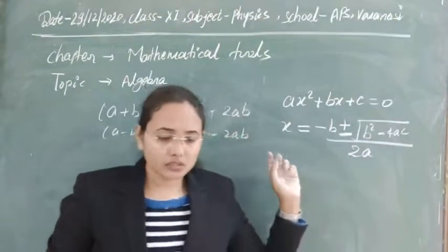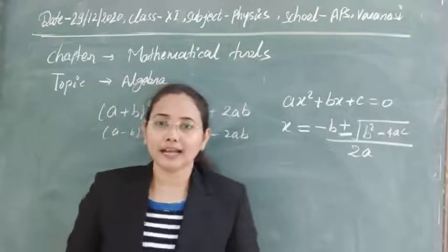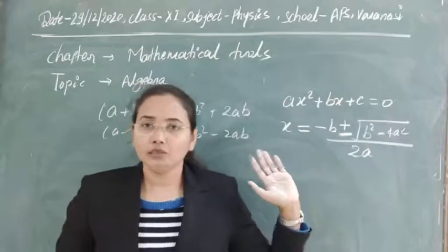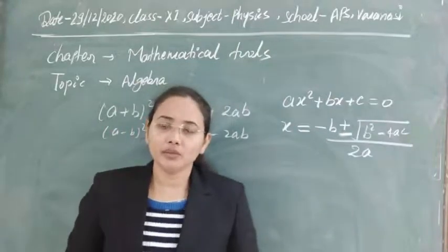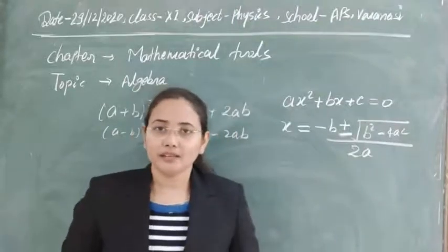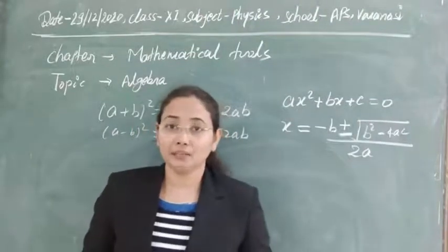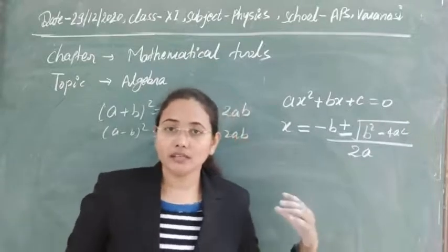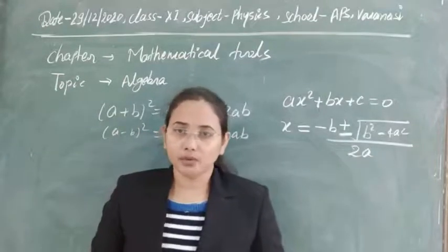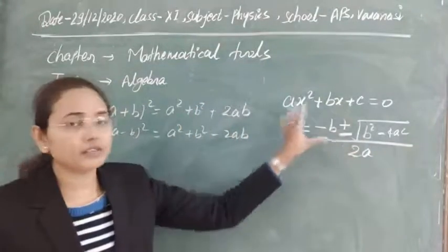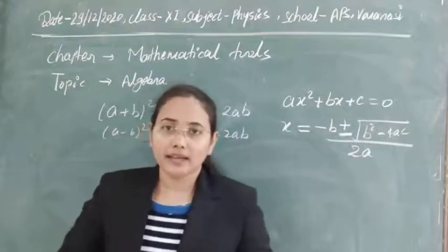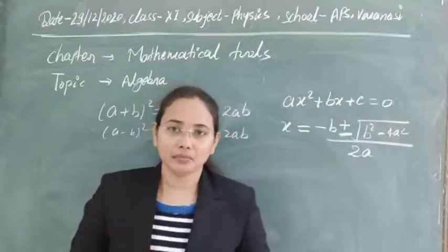Suppose you are calculating kinetic energy and you get a quadratic equation, then how do you decide which value to take? There you have to apply the concept of physics also. I'm not only going to tell you the mathematics here, because these mathematical tools I'm going to relate to your physical problems also. So if such equations arise in kinetic energy, then you know that energy cannot be negative.